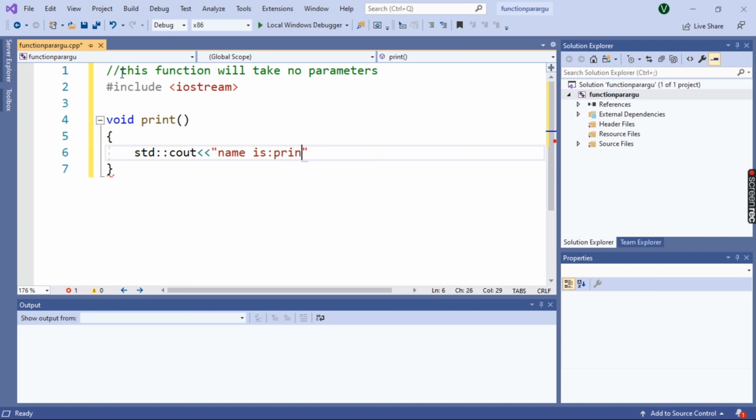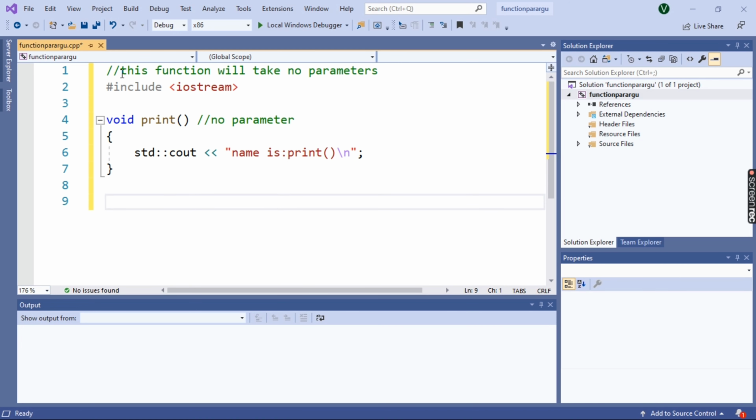Then std::cout, giving the message "name is print", then \n and semicolon. So what is void print? This is a function and there are no parameters inside the round parentheses.